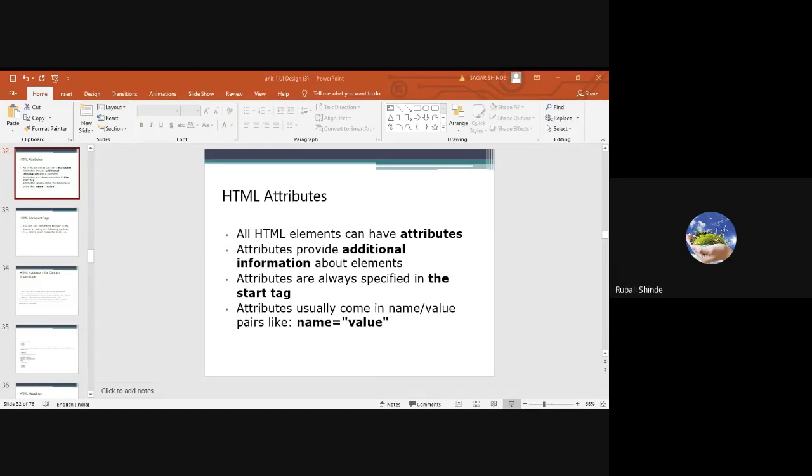As we have discussed, every HTML file should start with the doctype HTML, the HTML tag, then the head tag or title tag, then the body tag. In the body tag, we have included the address, and it appears on the web page in italic form, because whatever content we have written within address is in italic form. Okay. So with the help of address, we can write the address of any person on the web page.